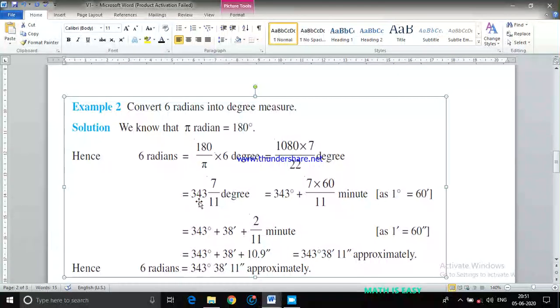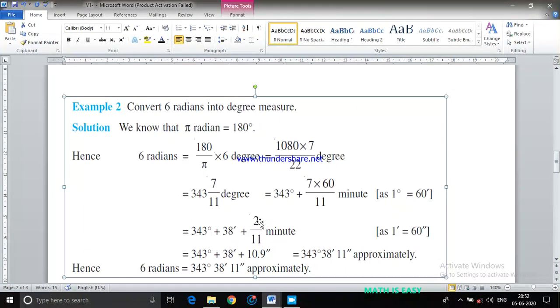Now this I know, 343 is degrees. This 7 upon 11 will become minutes. 343 plus 7 upon 11 degrees. 7 upon 11 degrees I can write as 7 upon 11 into 60 minutes, because 1 degree is 60 minutes. Then 7 upon 11 degrees will be 7 upon 11 into 60 minutes. So again, I convert into a mixed fraction: 7 into 60 is 420 upon 11. If I convert into a mixed fraction, it will come as 38 minutes,